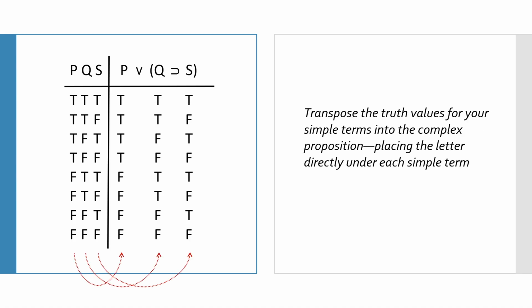So the next step is to simply transpose. Under P, we want to stick all 8 of the possible truth values in order under that letter, which is 4 true and then 4 false. Under Q, we want to stick all the truth values setting directly underneath that in the original term, 2 true, 2 false, 2 true, 2 false, and then under S, true, false, and so on. So we simply take all the truth values we've determined on the left-hand column there and transpose them accordingly where